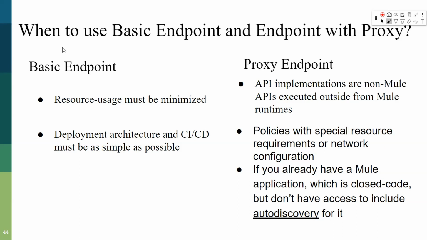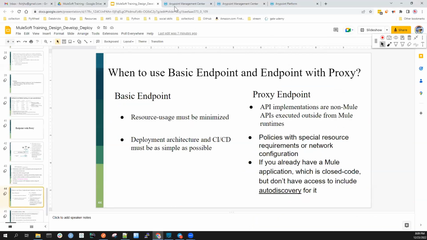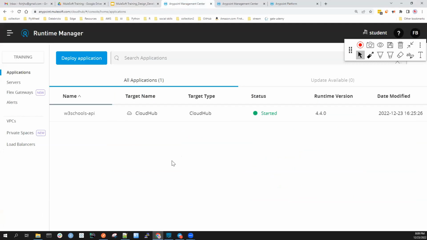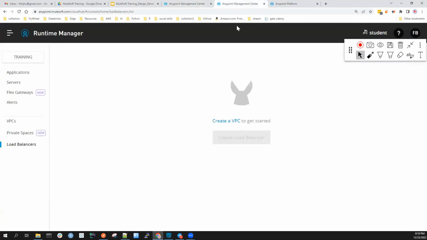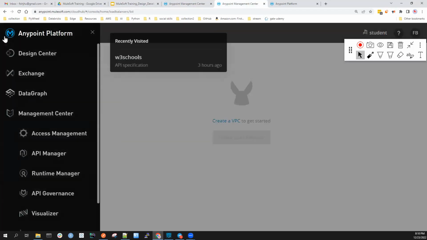And for the W3 Schools API we just created, let's create a proxy for it and test it. To create a proxy, we have this one running, as you can see, in Runtime Manager. This is Runtime Manager, and we have this API. To create a proxy, we go to API Manager, and it will create a proxy here. We will see an additional API here in Runtime Manager. So let's go to API Manager,